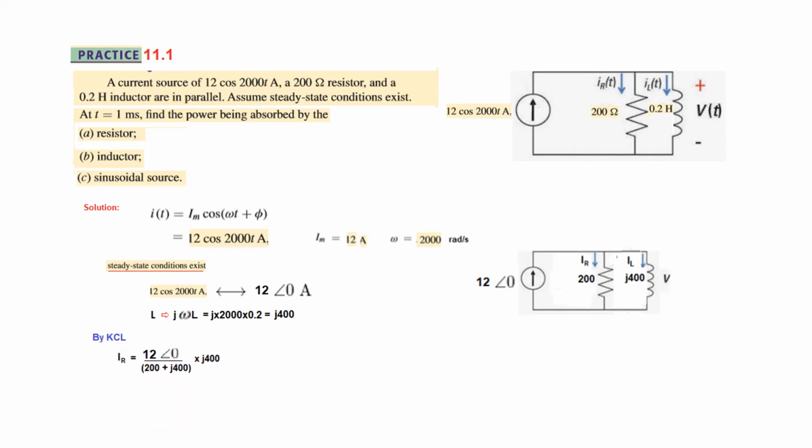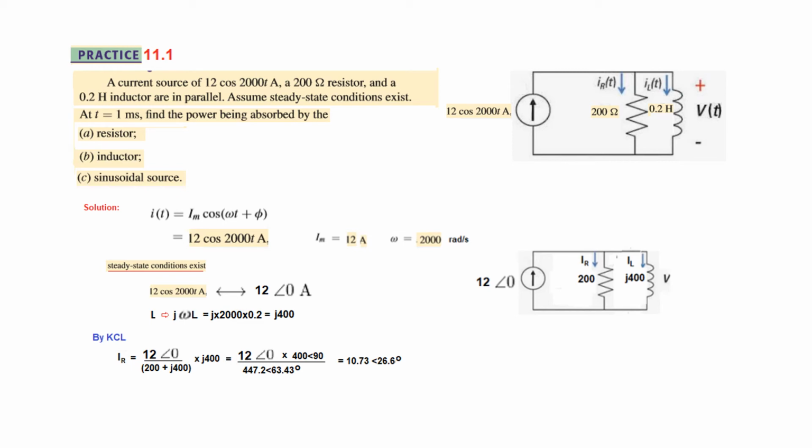And now to find the current, let's first of all find current IR. By KCL we can find this: the total current divided by the total impedance, so 200 plus j400, and multiplied by the opposite arm. Since we are trying to find it for this arm, we will multiply by the opposite arm, j400. And solving this,